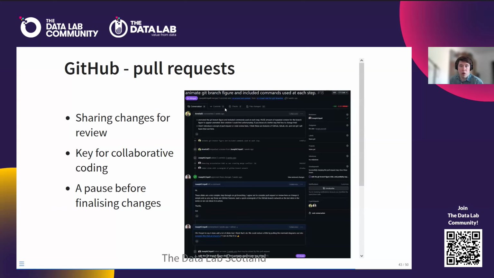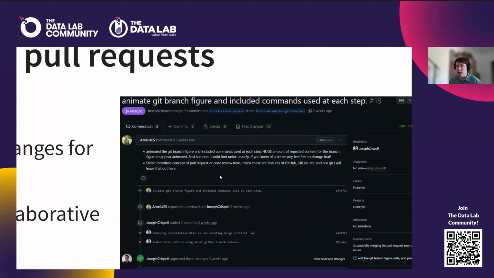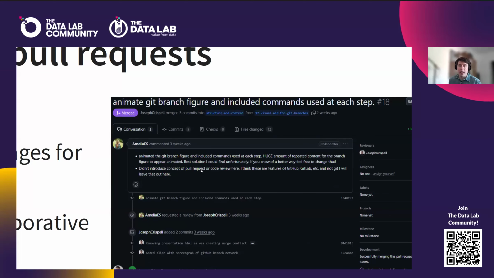And this was a piece of work that Amelia was doing, which was essentially creating those slides around Git branches and helping us to understand the branching concept. And you can see that Amelia described quite nicely the work that was involved, chatting essentially to me, describing the work that was done